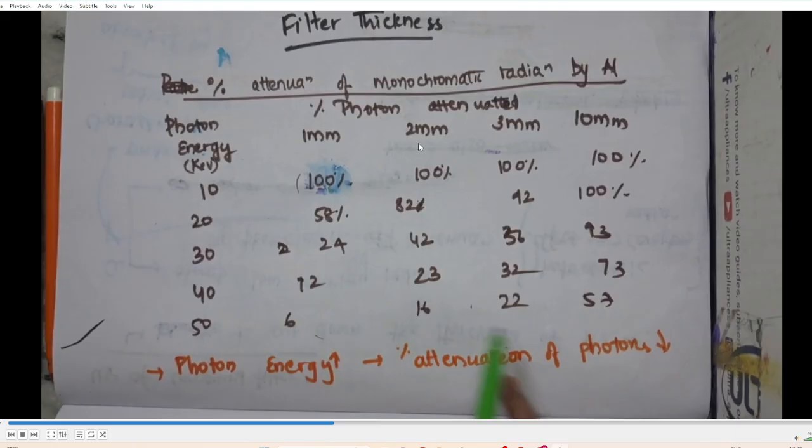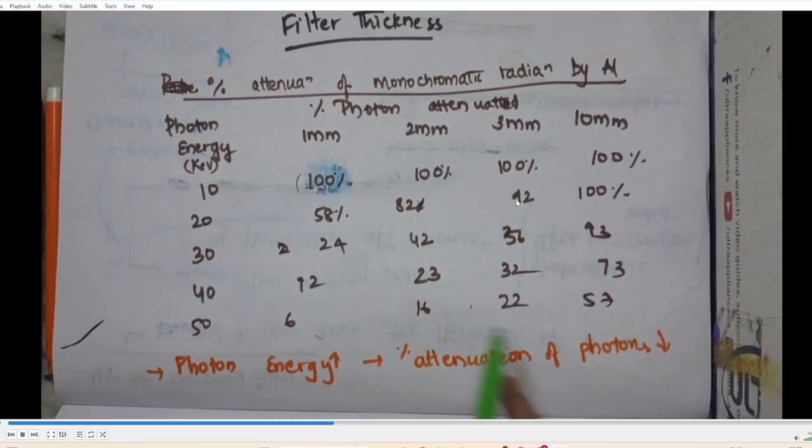If you see, 2 millimeters of aluminium absorbs nearly all photons if the energy is less than 20 kilo electron volt. So most of the advantages of filters are achieved by this 2 millimeter thickness. An aluminium filter with almost 3 millimeters thickness has no advantage, but it is causing excess filtration, which is a disadvantage, because